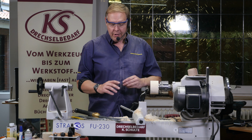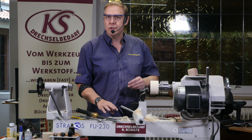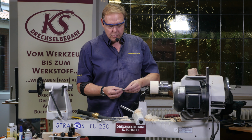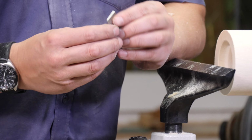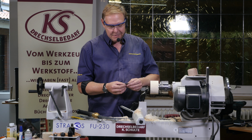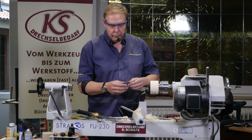So I've just shown you the round negative rake box scraper. I'd like to show you the square version and how you sharpen and use that. This is the actual cutter here. The first angle that you see, which is the big angle, is 50 degrees, and the small one here is 35 degrees. So it's not too difficult to sharpen, but you do need a good platform like the Wolverine jig